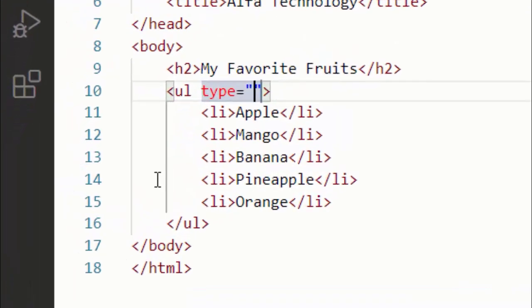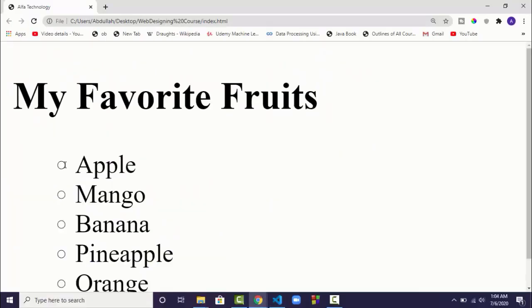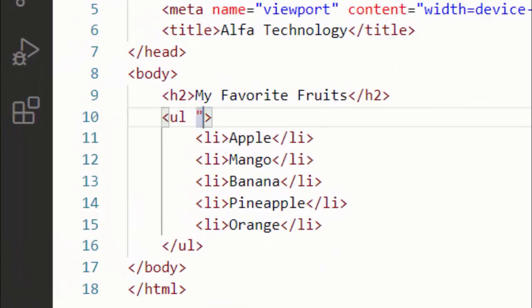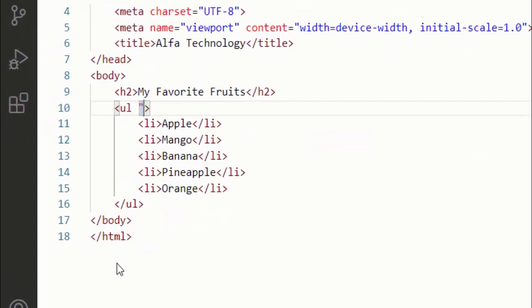If I say circle, it will become a circle. Circle means it will not be filled inside. If I remove this, by default it becomes a bullet. So you can use these list tags to make this sort of list.